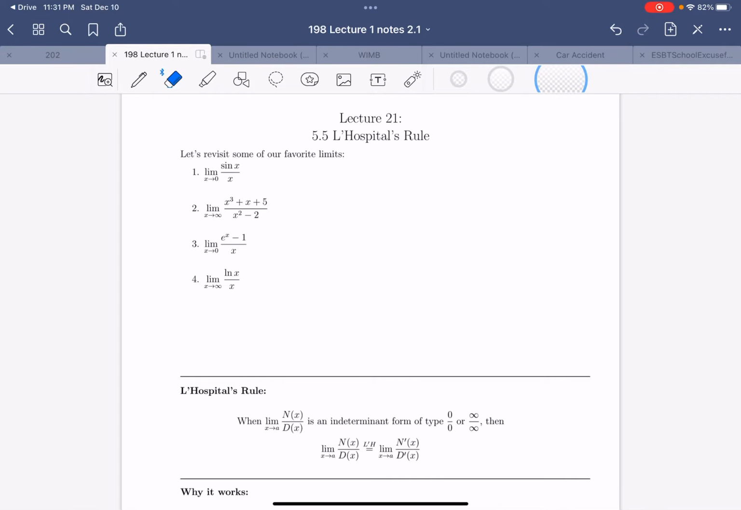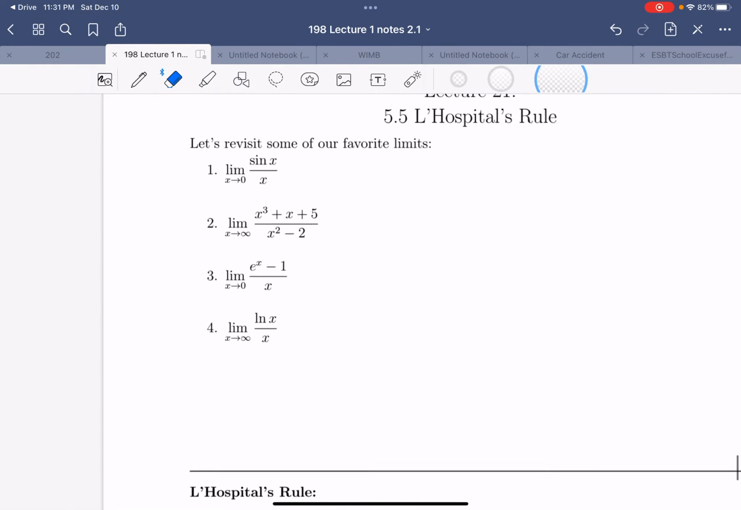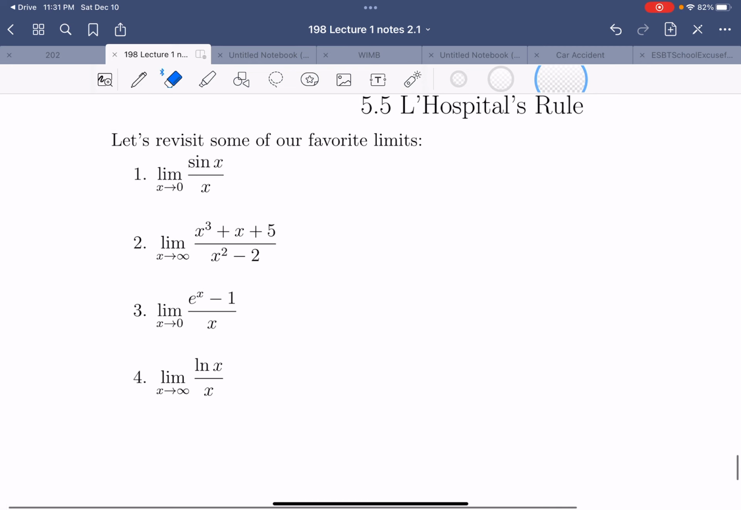Right, this is lecture 21 on section 5.5 on L'Hopital's rule. So the first thing I want to do is bring us all the way back to limits from the beginning of the semester. If we revisit some of these limits that we've seen before, we'll notice that we can start to bring some of these things back. So if we look at the limit as x goes to 0 of sine x over x,